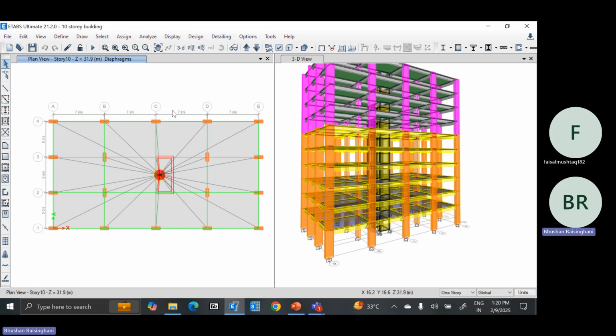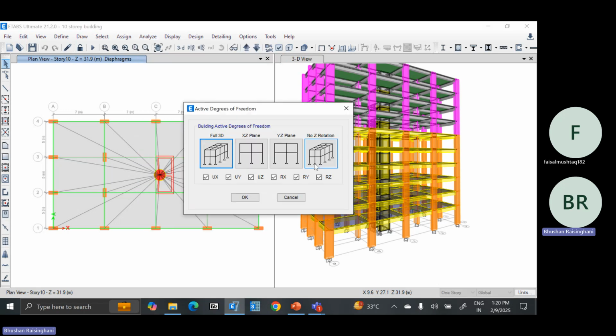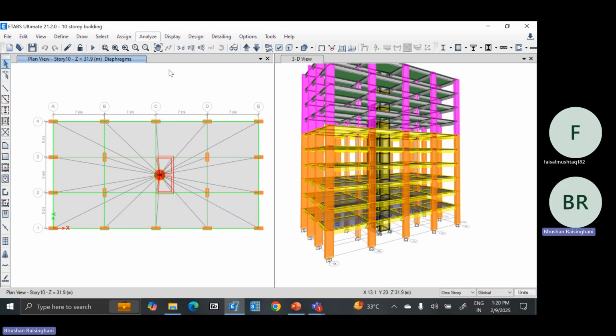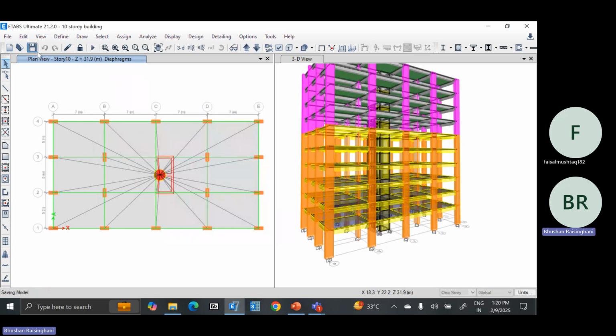Model has been generated. And once the loading is applied and the model is generated, you have to go to the analyze option. First check model, set active degrees of freedom. This is a 3D model, so full 3D. If it is a 2D frame, you have to select that option. Then what load cases you want to run, you can select from here. Important is you select calculate diaphragm center of rigidity and center of mass. This option has to be ticked, and then you can run now and check where the CM and